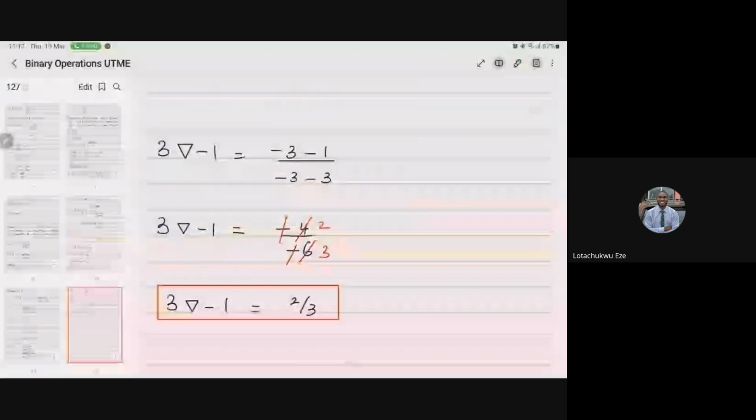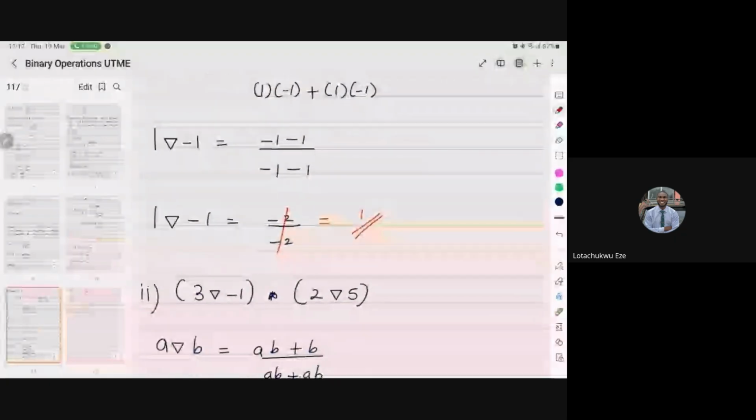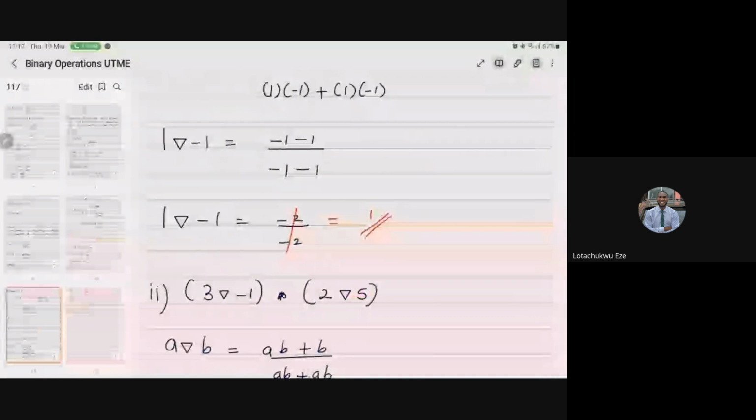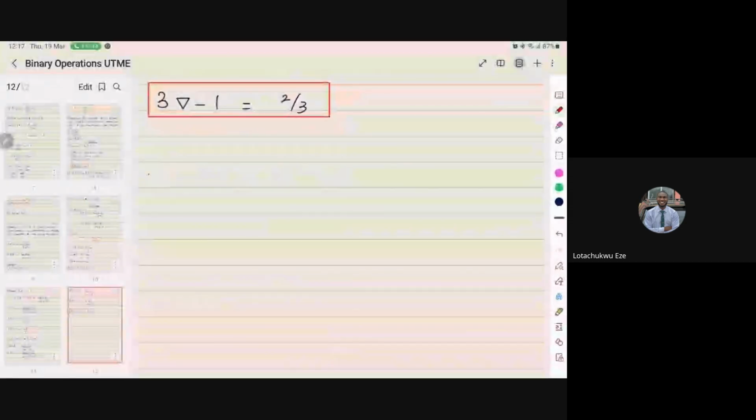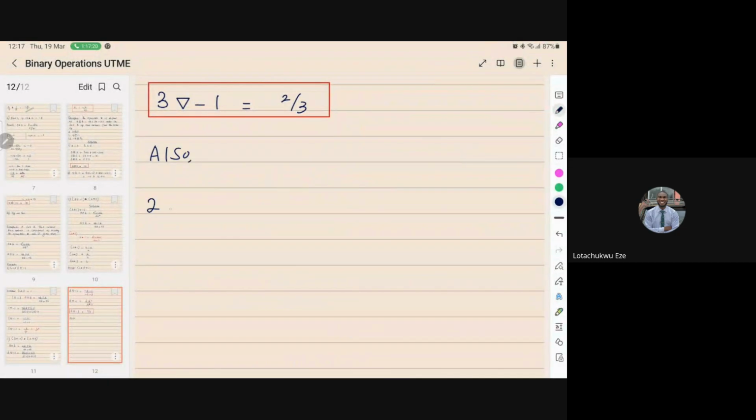Now, the next part of the question has 2 and 5. So let's quickly go back and repackage that one. So I have 2. Also, let me just make a little statement right here. So also, I have 2 repackaged as 5 here will now be equal to, remember when they give us,